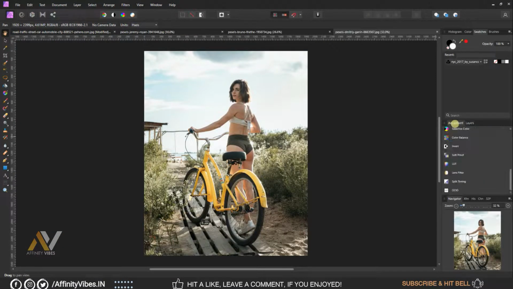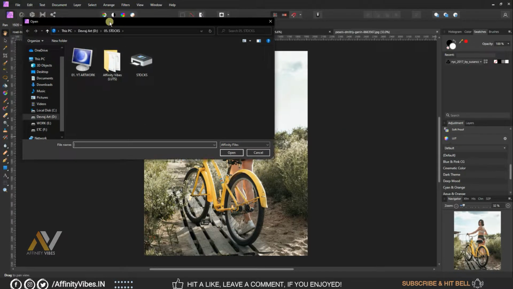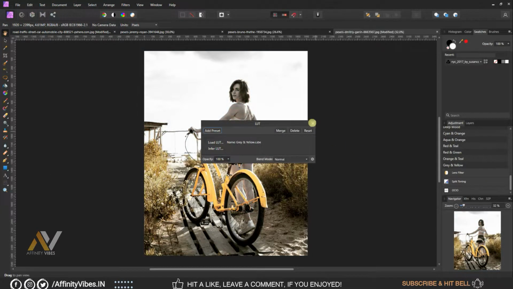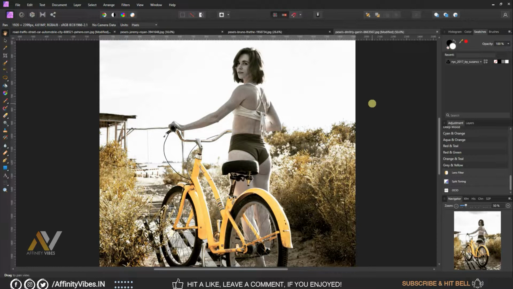Now this is the video series on pro level color grading in Affinity Photo. In this video I will show you gray and yellow color grading effect. Plus you can download this free gray and yellow color grading effect as LUT that I have created in this